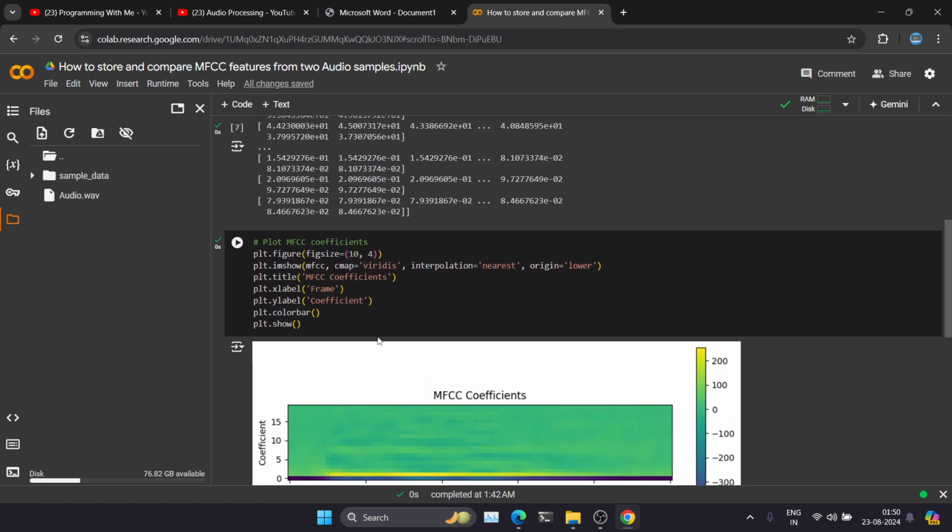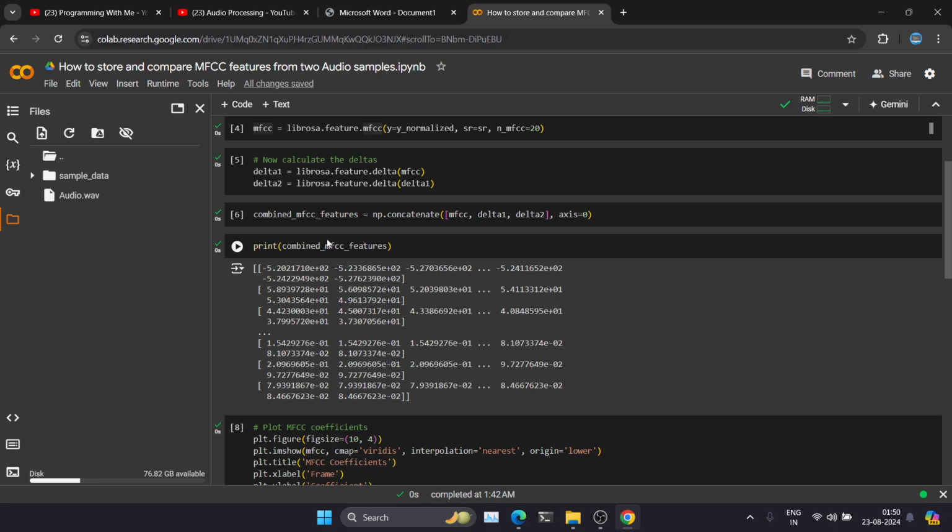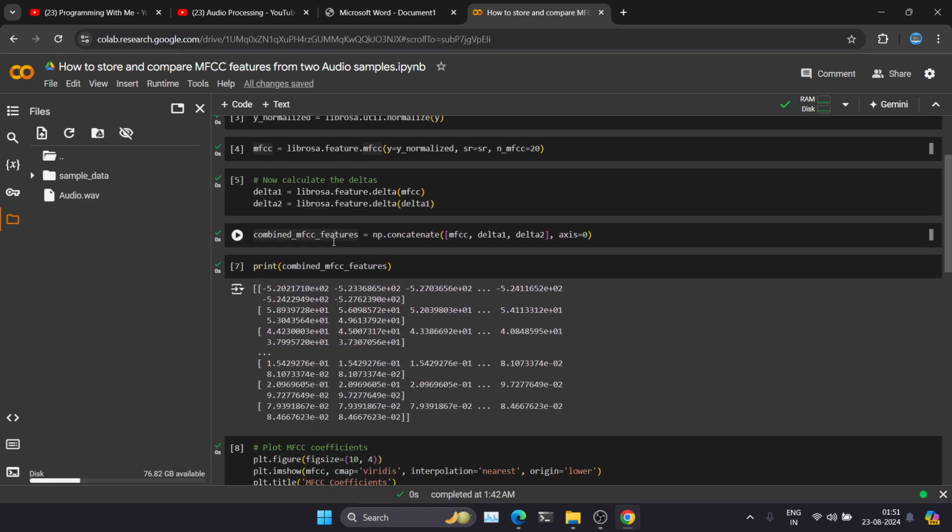MFCC features. So in the last video, you can see we extracted the MFCC features and saved them into this particular variable, which is combined MFCC features, right? So now what we're going to do is create a variable and save these particular features. We are assuming this combined MFCC features is our feature matrix. If this is our feature matrix, we can save it with the help of the NumPy library. We have already imported the NumPy library, so we're going to use it to save this combined MFCC features into